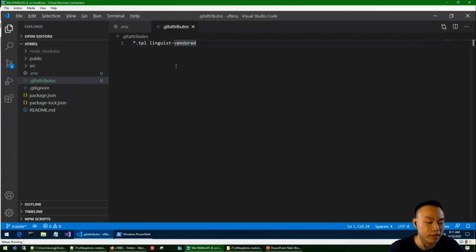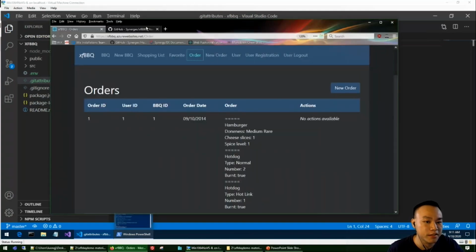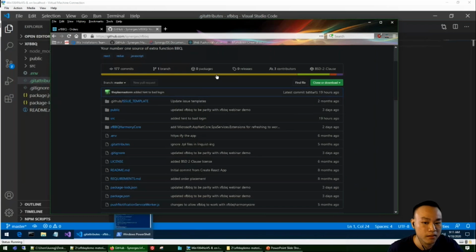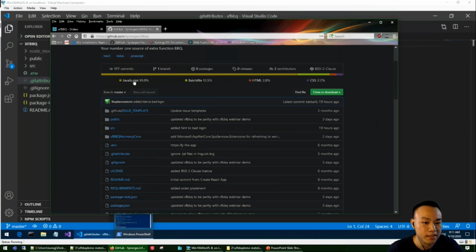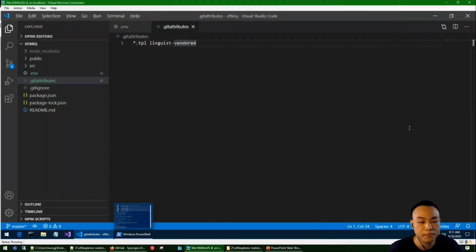Usually when you upload template files to GitHub, they are seen as Smarty files. But with this gitattributes, it won't see them anymore. So if we go over here to the GitHub page, you would see that it says it's JavaScript instead of them being Smarty files.